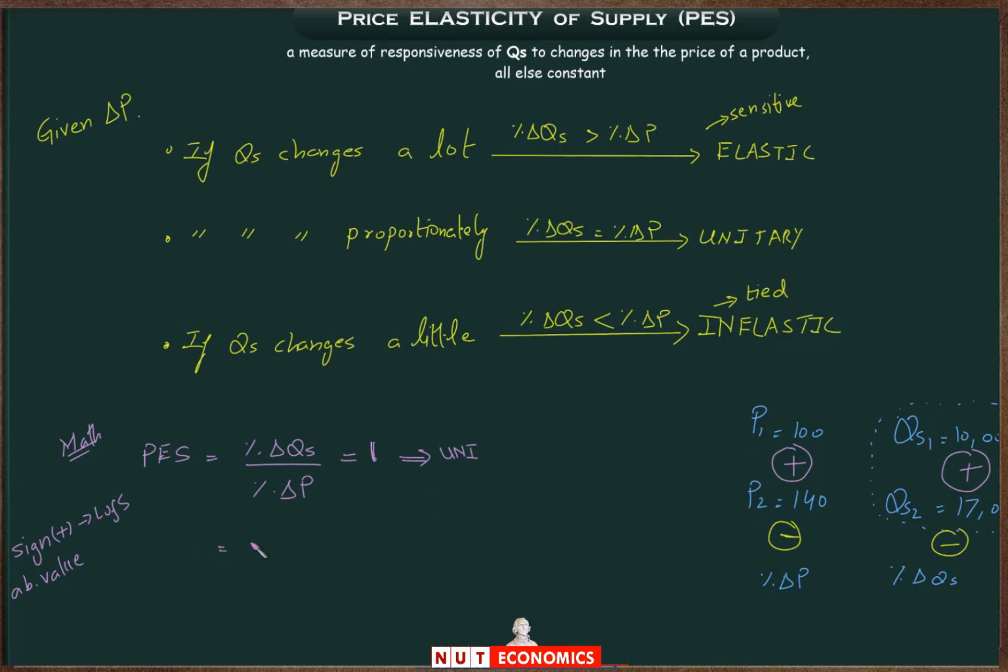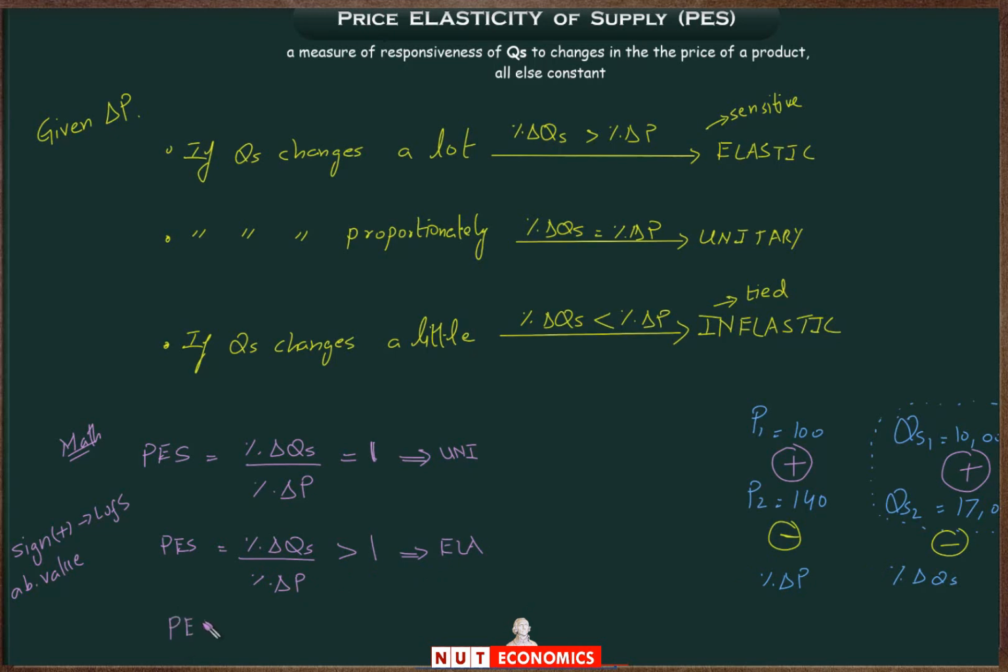On the other hand, again let me write down the formula of PES, which is equal to, remember this time, the percentage change in quantity supplied by the percentage change in price. Now the only way this answer can come out to be greater than 1 is if you divide a larger number by a smaller number, which would mean in terms of economic meaning that you will end up having a percentage change in quantity which is larger than the percentage change in price. Only then will PES be greater than 1. Now if the percentage change of quantity is larger than the percentage change of price, we also know that supply is said to be elastic.